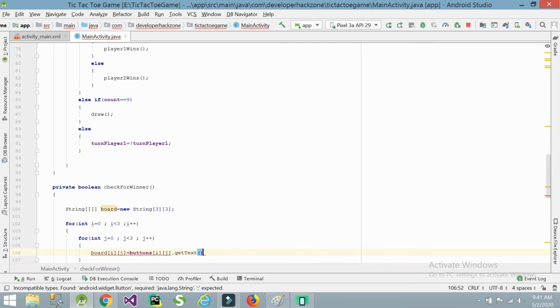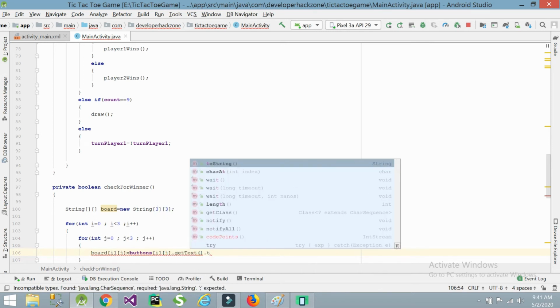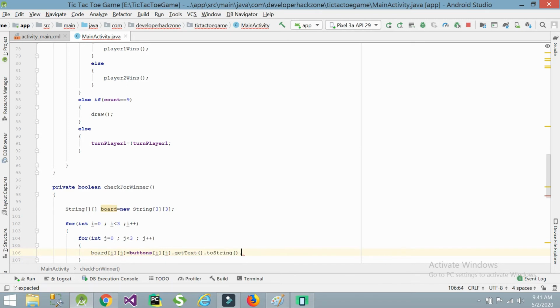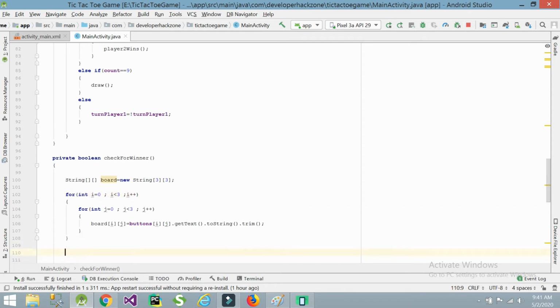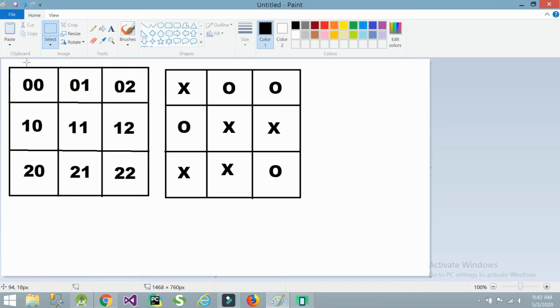I am getting the text, dot toString, converting it into a string, and removing unwanted spaces with trim. So here I am getting total 9 values from the boxes, from the text views. Simply we can say this way we are getting total 9 values.